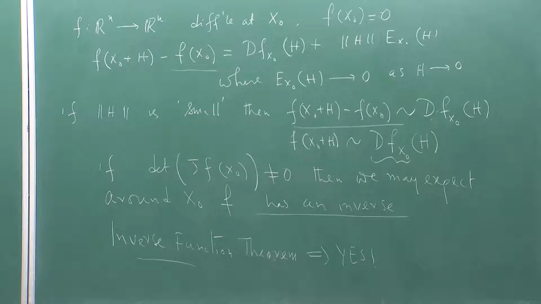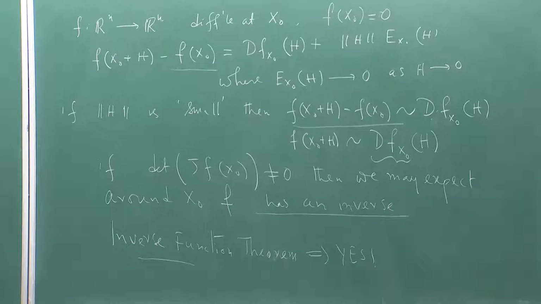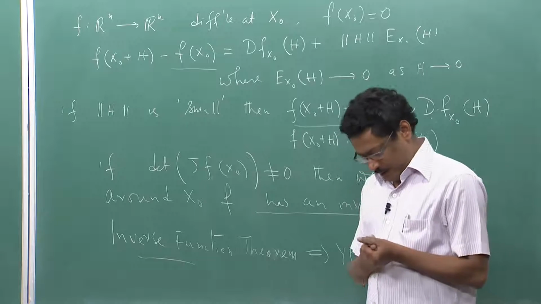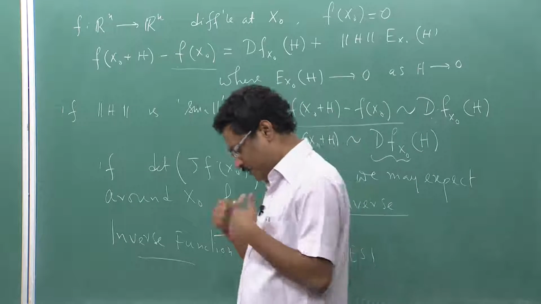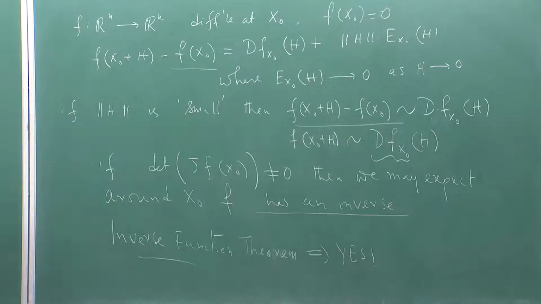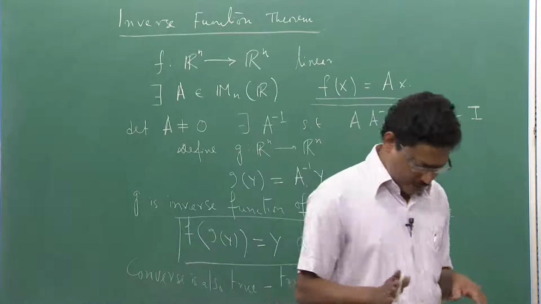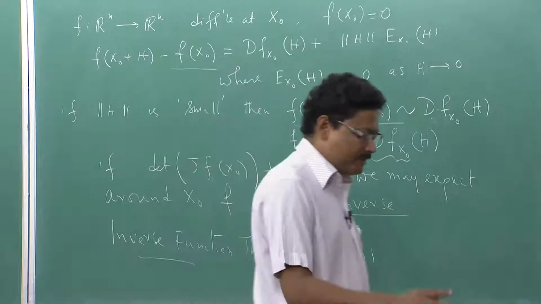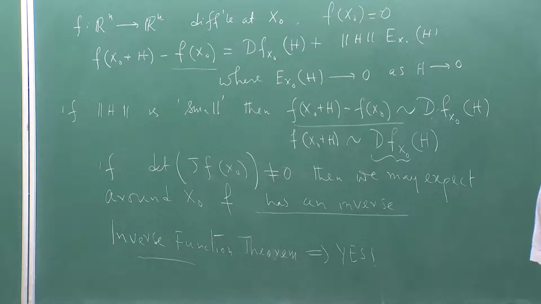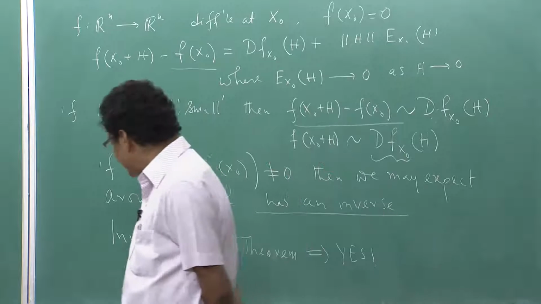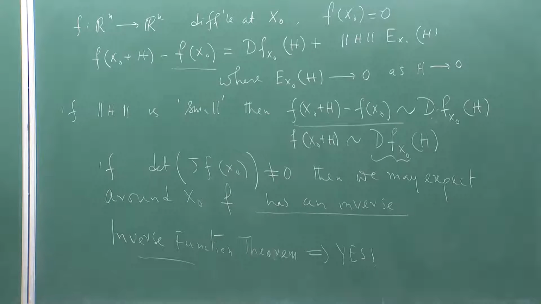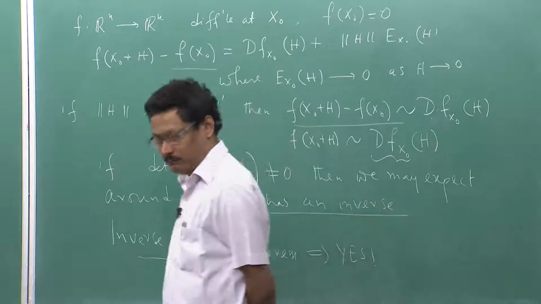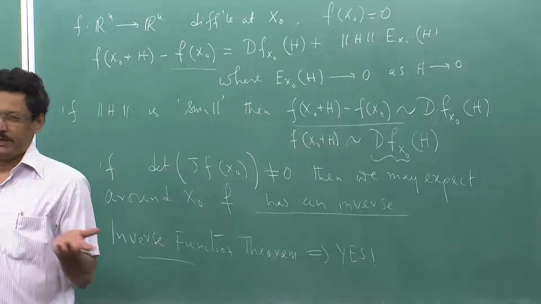Okay. So, as in the case of the implicit function theorem we have seen, I will state the inverse function theorem in full generality, but before proving, as we saw for the implicit function theorem, if we prove it for a function from R2 to R, then we are done. The rest of the steps are mere formalities. And here in the proof of the inverse function theorem, it is easier. If we can prove it for a function from R to R, then the proof for Rn to Rn is done.